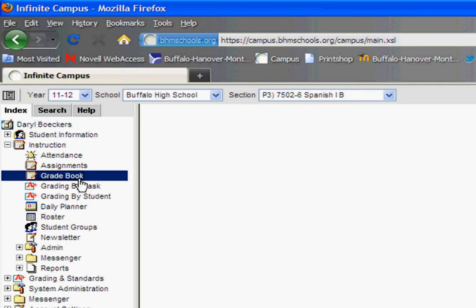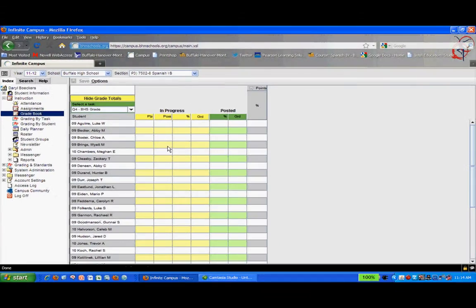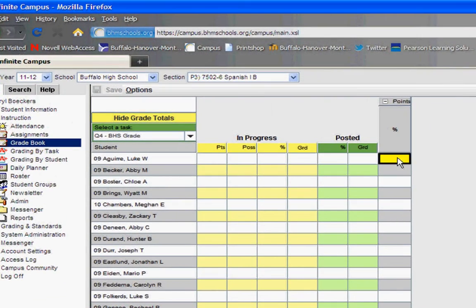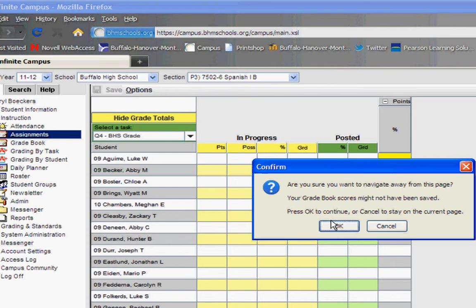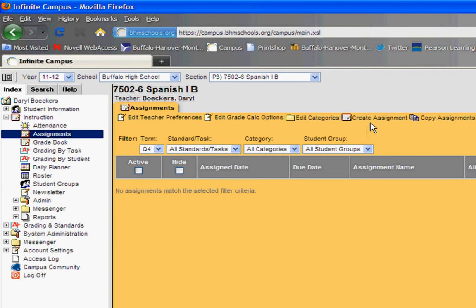Some changes that have been made to Infinite Campus, one of the biggest drawbacks I think, is you used to be able to just right click here and add an assignment. And unfortunately now you're no longer able to do that. So you actually have to create all of your assignments in the assignments tab. So if we click on assignments, we'll just stay in the same section. We'll create an assignment